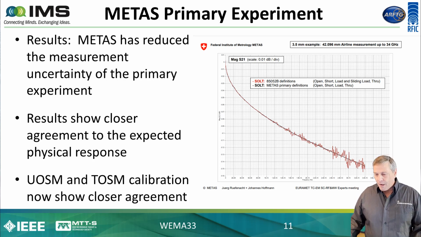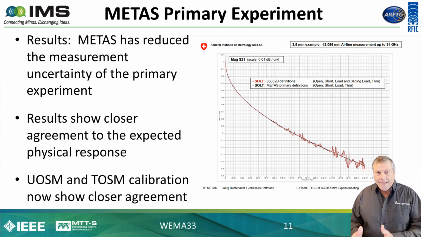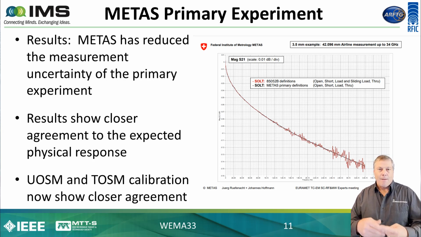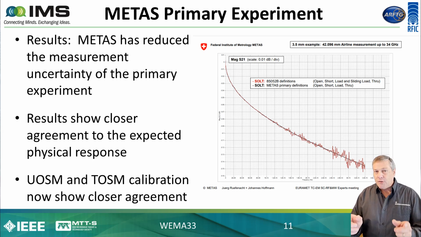But in contrast to that, after they've applied these three things that I just mentioned, so they propagate their own uncertainty using VNA Tools, they've improved the connector half pair modeling and de-embedding, and they positioned in a precise way the center conductor of that airline. After doing these three things, the result is the black trace, which is a much smoother line. Virtually at least an order of magnitude, if not 2 orders of magnitude, less variation on that line. It looks like a perfectly smooth line compared to the prior state-of-the-art results that we're seeing.